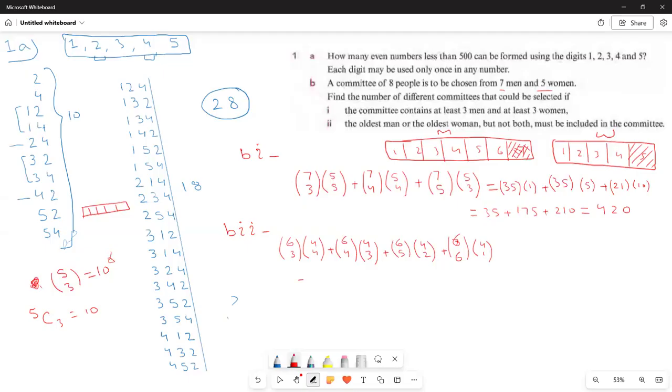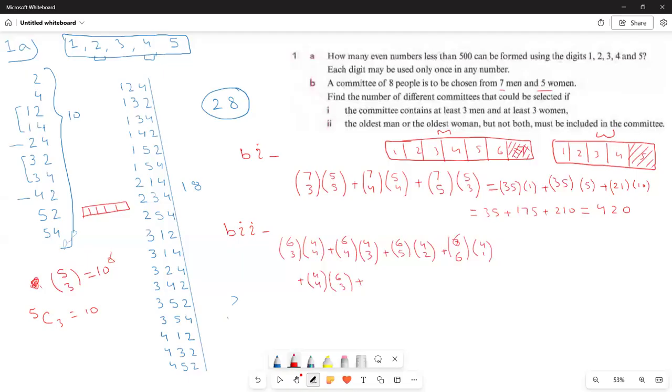Now I want to count the number of committees with the oldest woman included. So when the oldest woman is included, this one is included, so I have to choose four out of four, right? So I'm taking all five women basically. So it is 4 combination 4. This is the number of ways I'm choosing women. So five women I have chosen. Now, how many men do I have to choose? Three out of six. So it is 6 combination 3